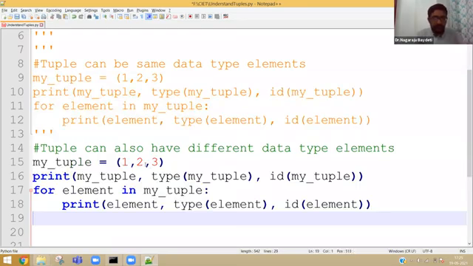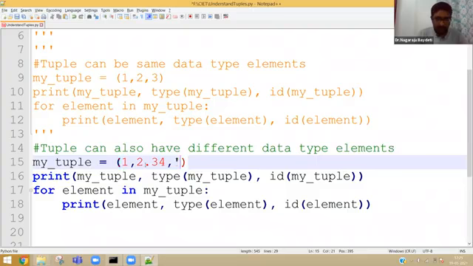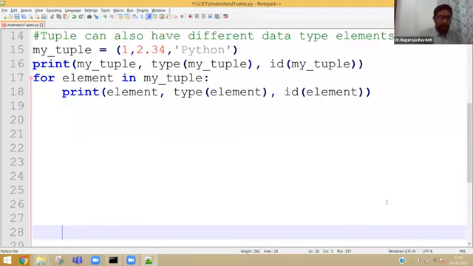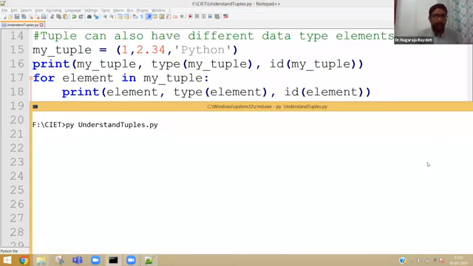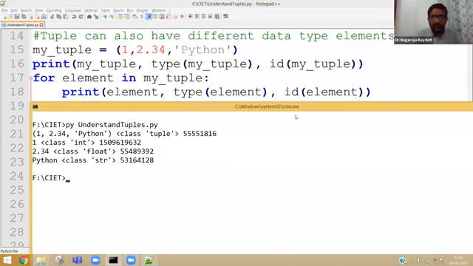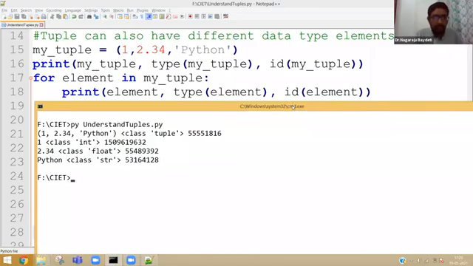So simply I will say 2.34 and then Python. Let me execute again. You can clearly see that even a tuple is accepting like a list only. Then definitely, what is the difference here and why is a tuple used? Because other than square brackets and parentheses, there is nothing else.